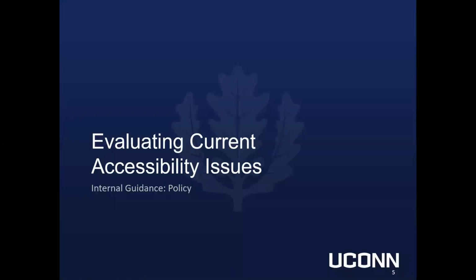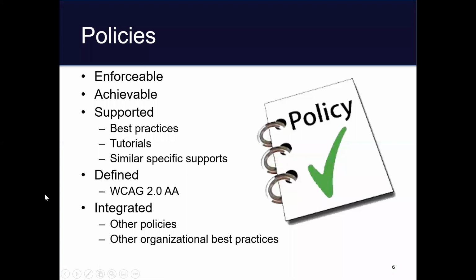All right, so what do we do first? An initial step towards addressing ICT accessibility issues is often to issue internal guidance, typically in the form of a policy or policies. At UConn, the ICT accessibility policy, along with the providing information in alternative formats policy, and the policy against discrimination, harassment, and related interpersonal violence, lends weight to practical recommendations.